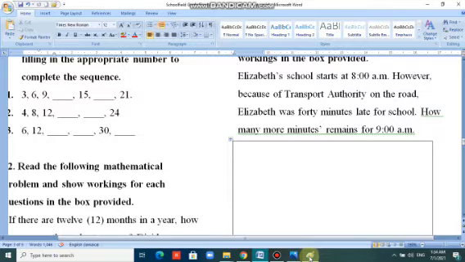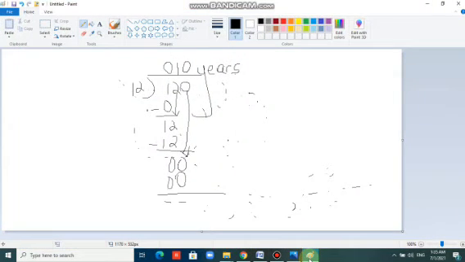Right, however, because of transport authority on the road, Elizabeth was 40 minutes late for school. Remember now, we're dealing with hours and minutes, and we want to know how many minutes remain for 9 o'clock. She was 40 minutes late for school, so that would be, I would put